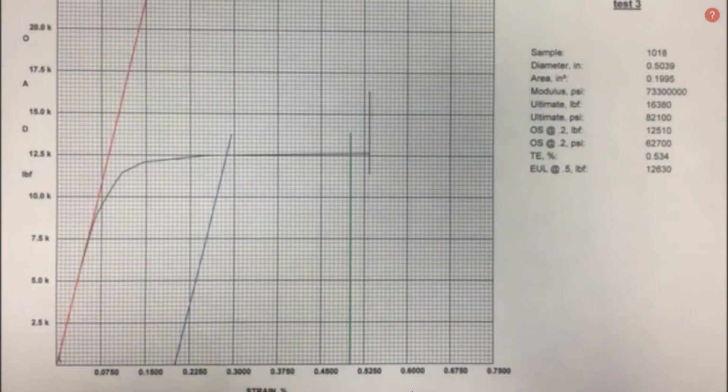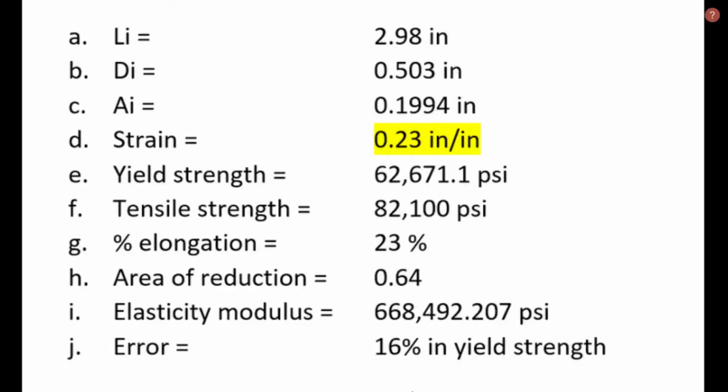Material was tested in the same order I'm about to describe. The original length of the test tube was 2.98 inches. The original diameter of the cross-section was 0.503 inches. Therefore, the original area was 0.19 inches. The strain obtained from the test was 0.23. The yield strength was